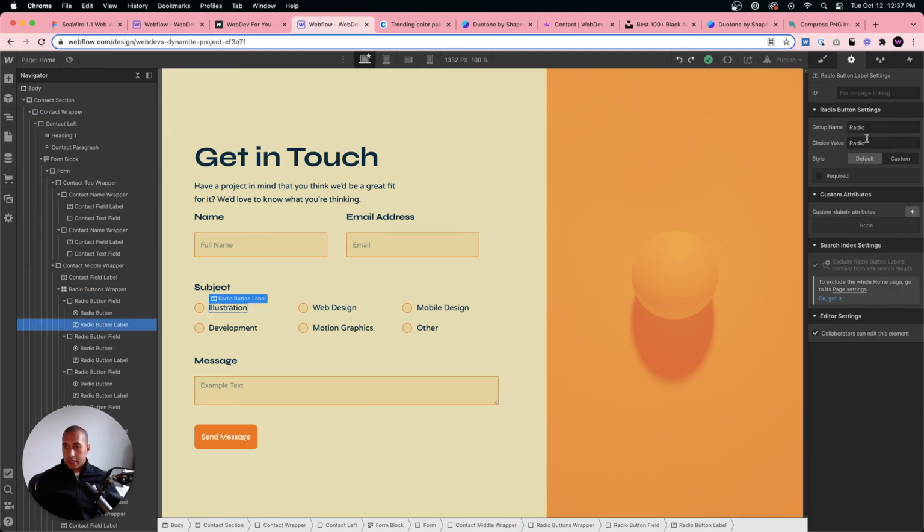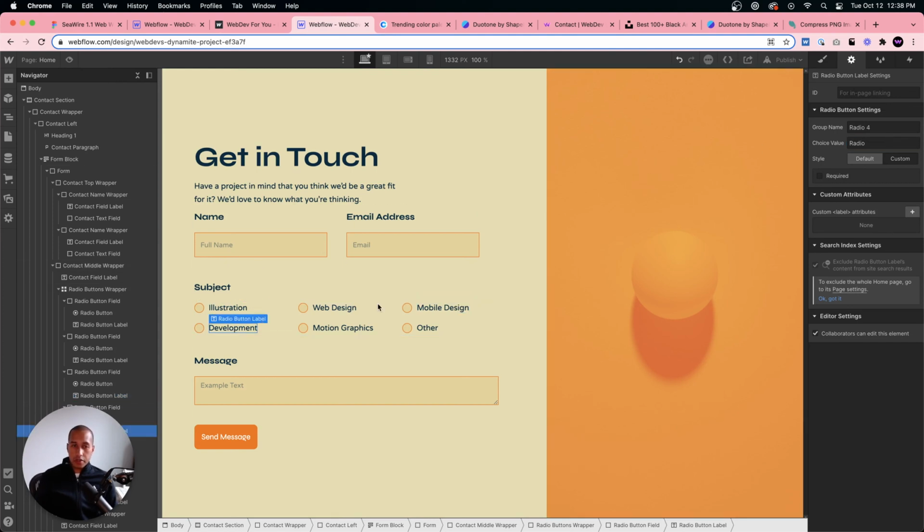Let's go to the radio buttons and let's go to the element settings. And let's just give the choice value the name of the button. So I'll say illustration. And here I'll say web design. And note how it says radio 2 here. We want this to say radio. Like all of these need to have the same group name, but they can have a different choice value.